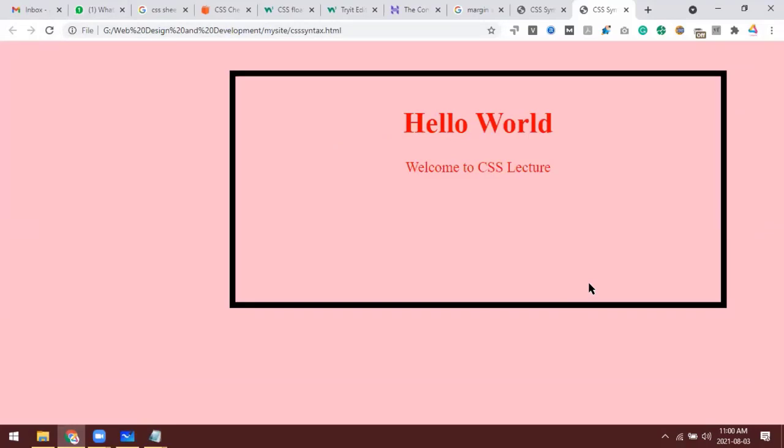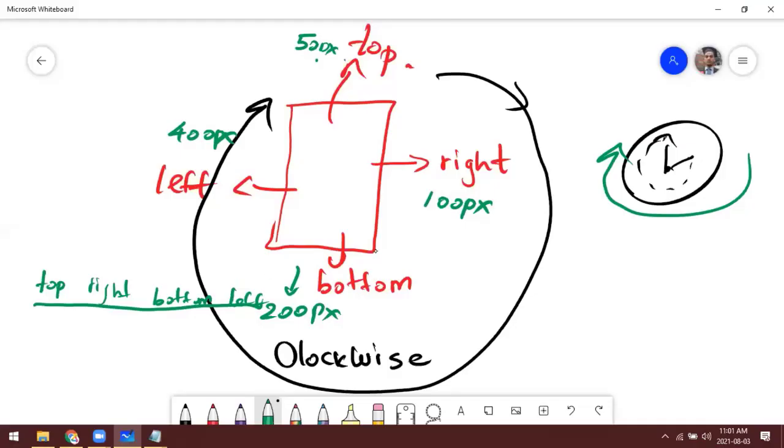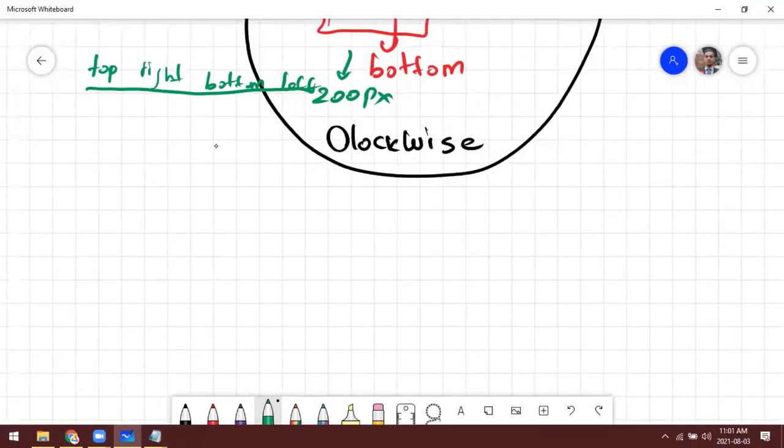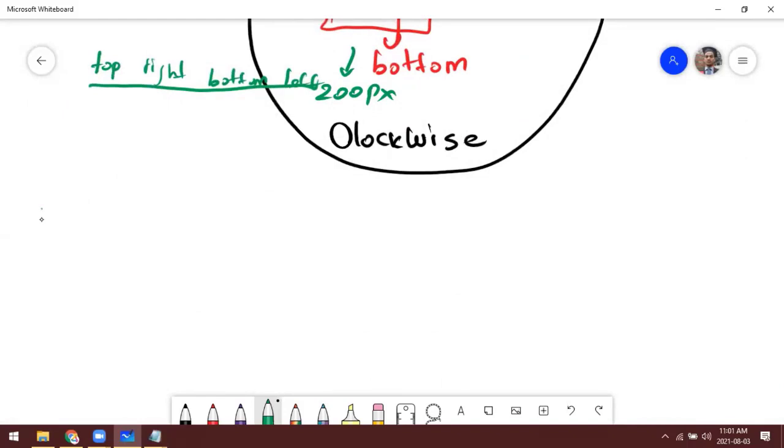Now you can see here, right? Here it is applied 50 pixel. It has applied 50 pixel here. Here it is 100 pixel. Here it is 200 pixel. Here it is 400 pixel. So to make it more